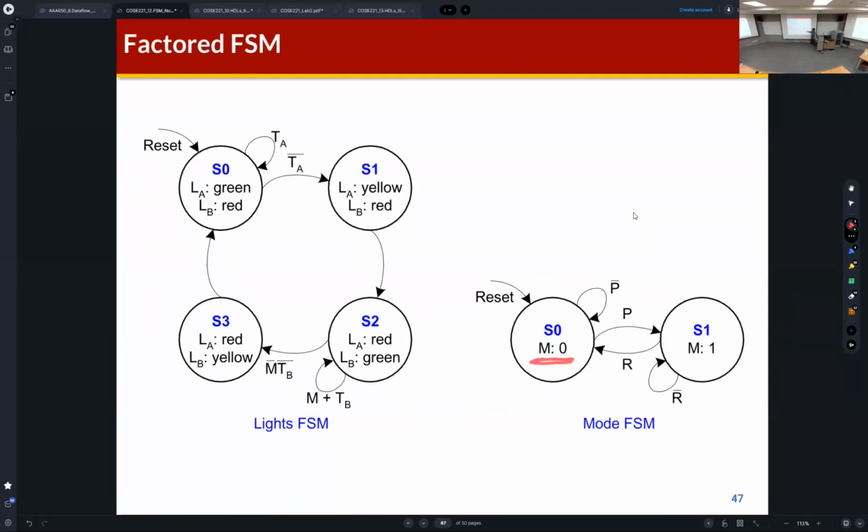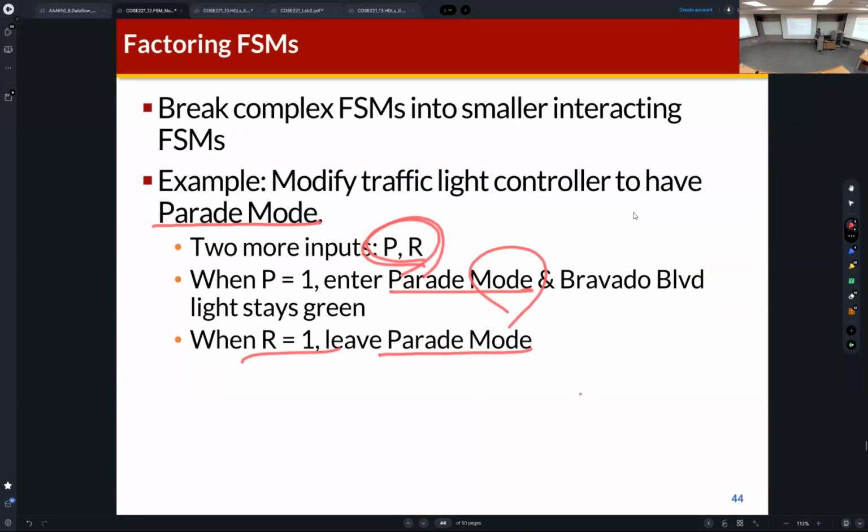some conditions, which means that we can divide the problem size. Then how can we divide the problem size? In this example, we can divide the problem into two problems, like the operation mode and the normal mode, based on the input signals. Then based on this operation mode, we can define the normal FSM, that is the right sign FSM. So if we divide the problem size, then we can design the FSM